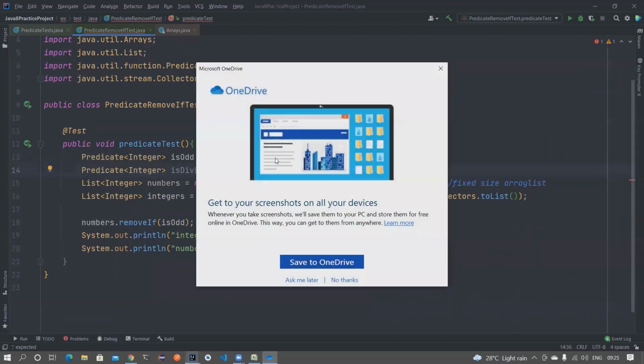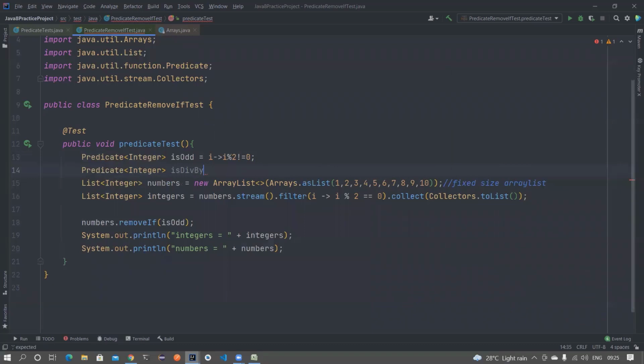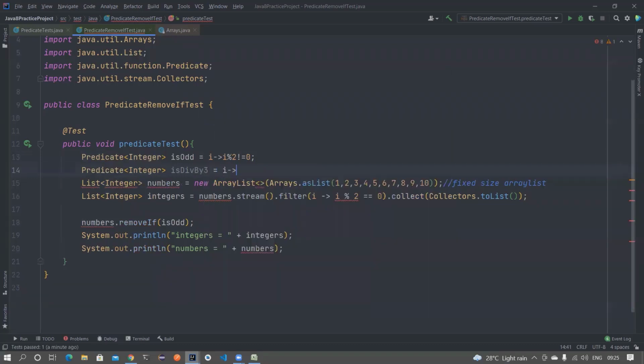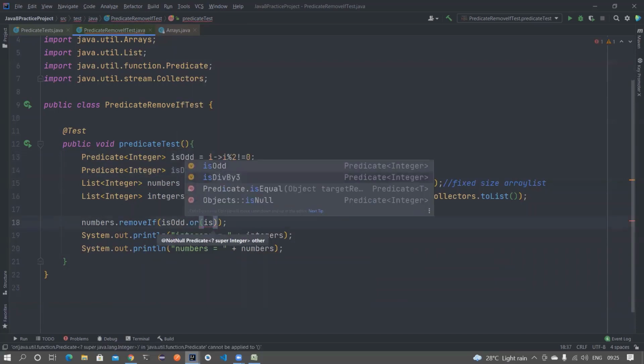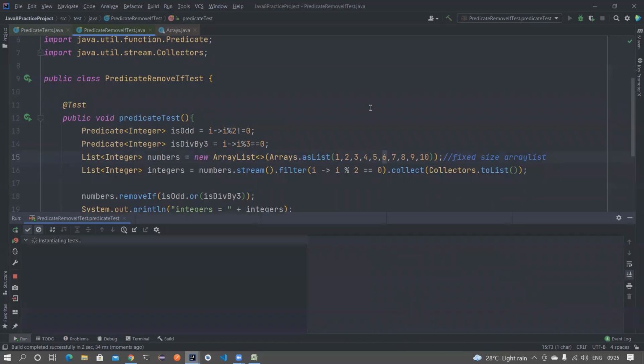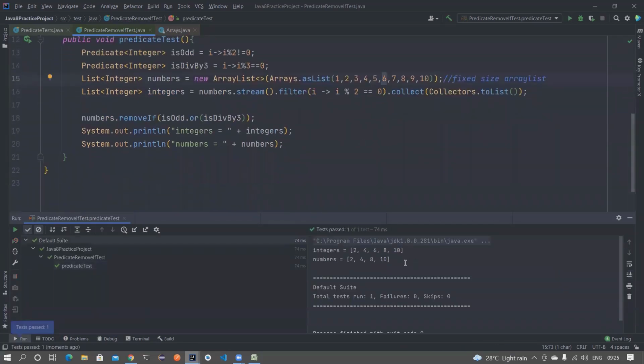Okay, there is one more condition like this. In those cases you can also use and, or, all those operations. So if someone is passing me an integer, I'm just checking whether it is divisible by 3. If it is an odd number, or if it is divisible by 3, I want to remove all of them. Now in this case, maybe the 6 alone will get removed extra. So let's see what's happening. Good. So you can also do that.